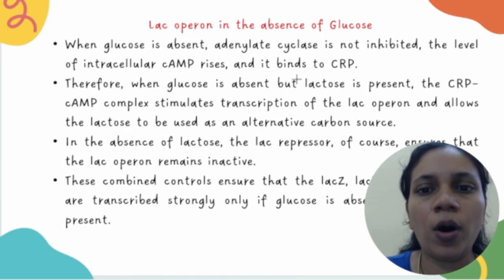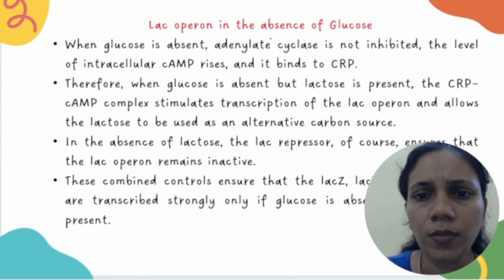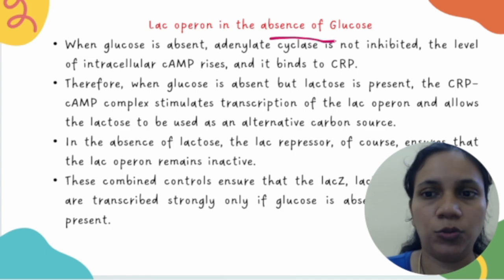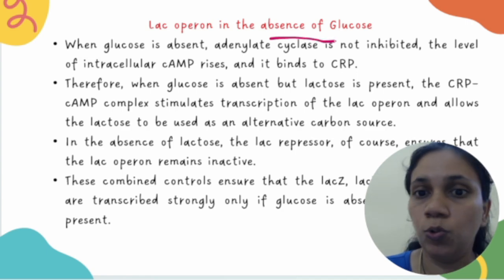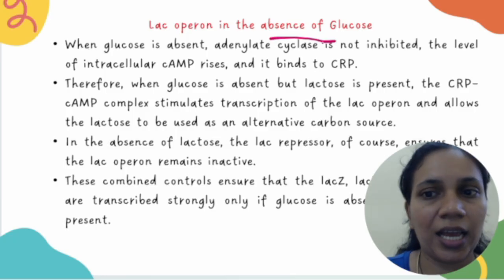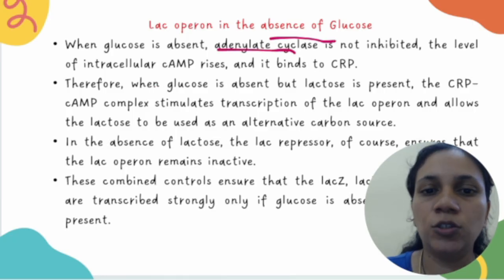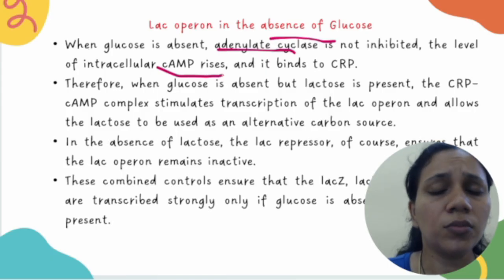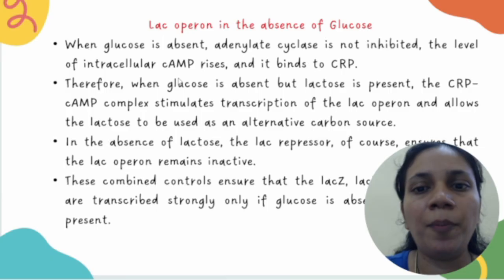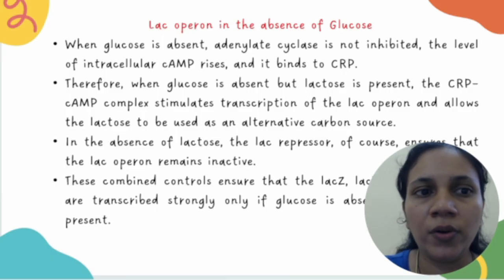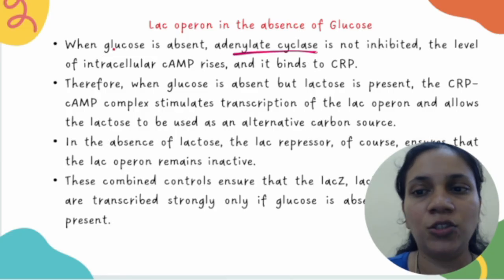So next let us see what happens when glucose is absent. That means your adenylate cyclase will be very much active. It is going to convert ATP to cyclic AMP. Let us see what happens to Lac Operon when there is no glucose. We already know that when there is no glucose, adenylate cyclase will be at its best. It is going to convert ATP into cyclic AMP, and now again it is